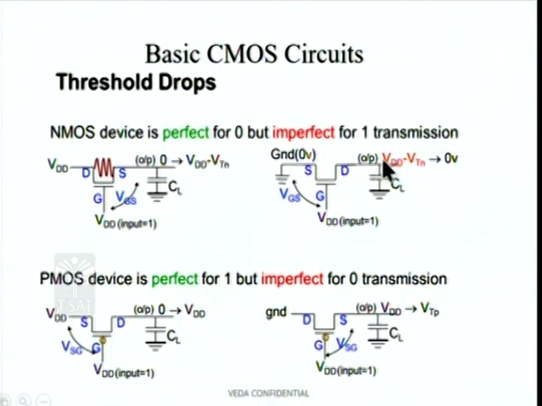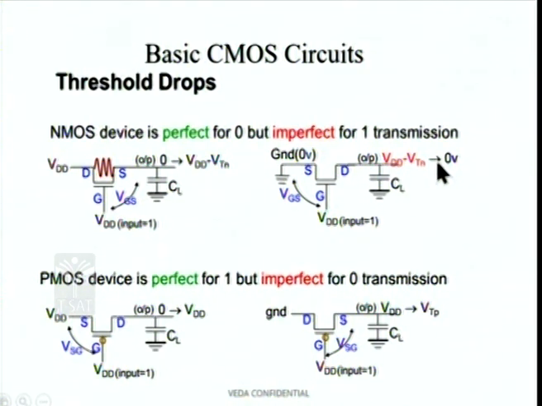Now with this value being VDD minus VTN and this value being ground and VDD being equal to 1 at the gate, the device is on. The difference between the gate and the source voltage is fixed at VDD. It never changes, because this is fixed to ground and this is fixed to input 1. Hence, the device is always, mind you, always in conduction. It never cuts off, and the capacitor completely discharges to ground through this resistance, and therefore the output voltage goes to 0. When the input voltage is 0, the output voltage also goes to 0.